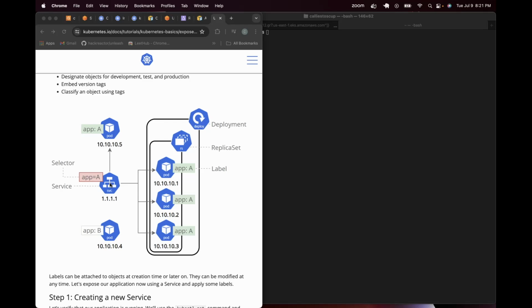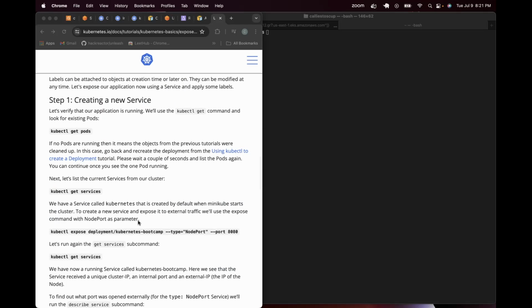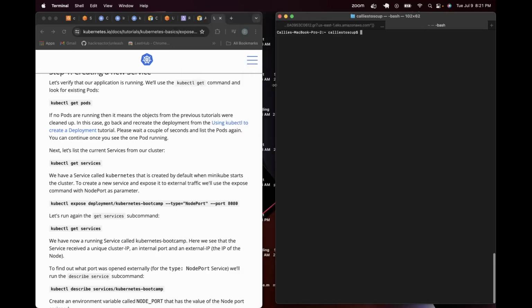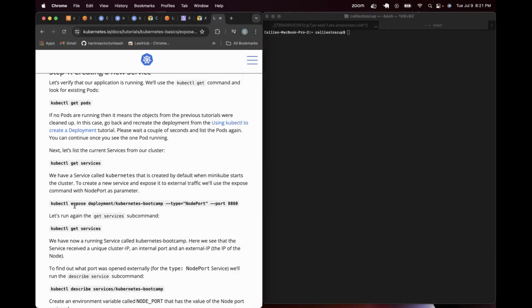And we say, hey, app A service, can you please send this request to app A? And the service does it with magic, okay? So we are going to create a service, and what we're going to use is the command line interface, and we are going to use this expose